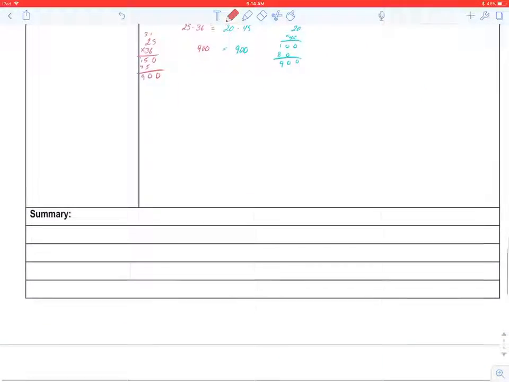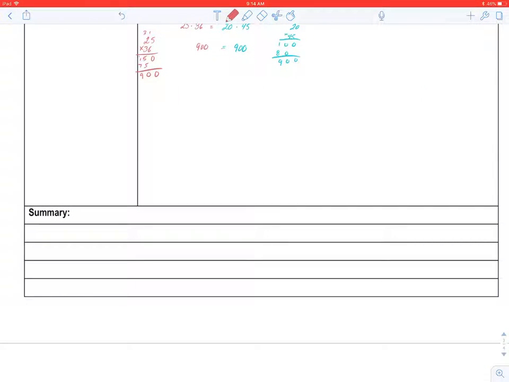Don't forget to write a summary towards the end. Remember, the objective for this part of the note